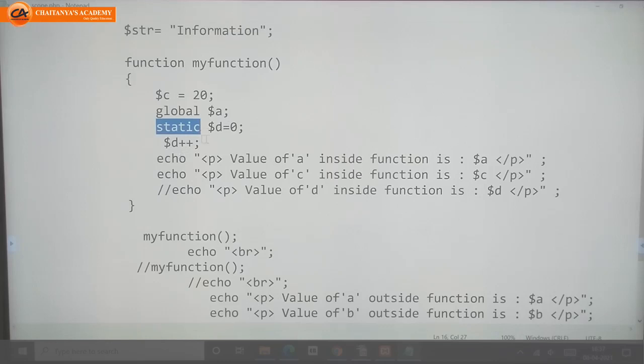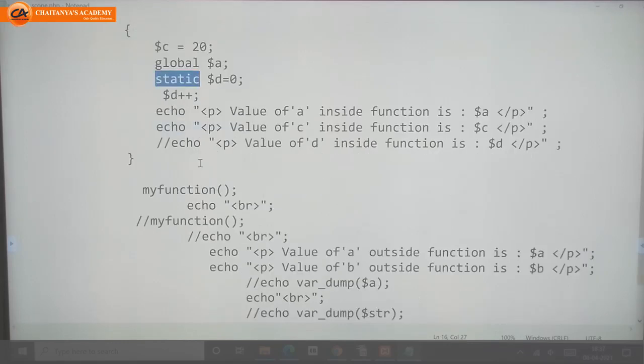So it will not delete the local variable. After writing static t equal to 0, I initialize the value as 0, then I am incrementing the value by 1. Plus plus means incrementing the value by 1.